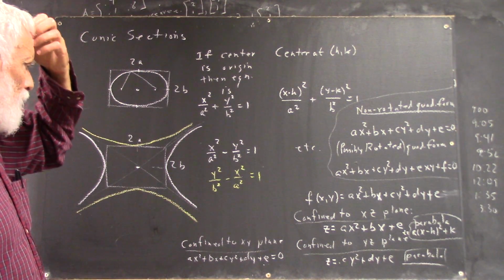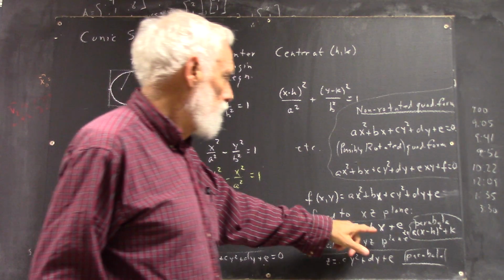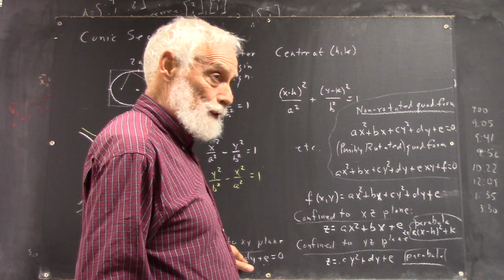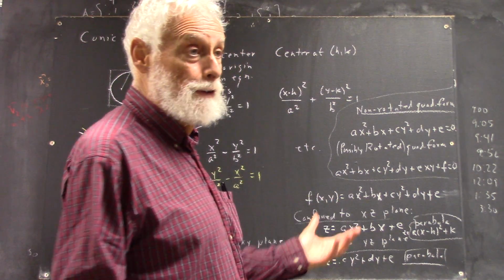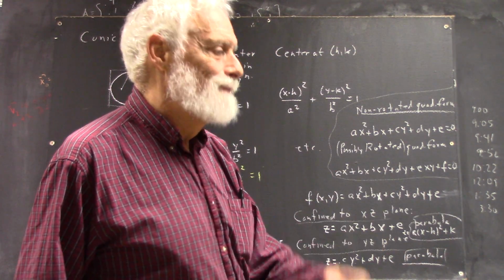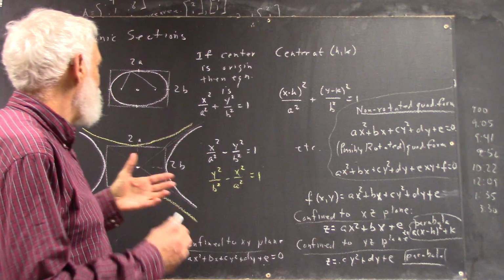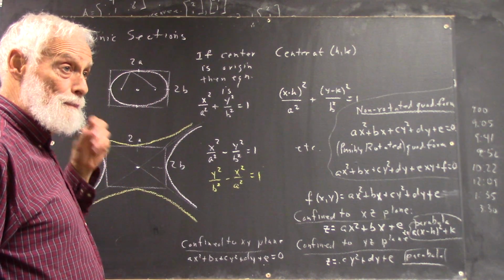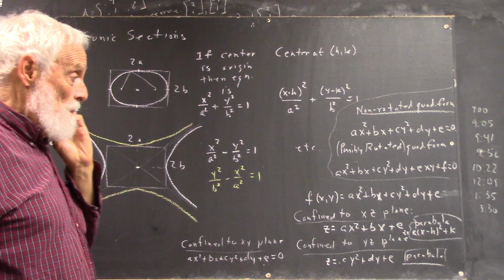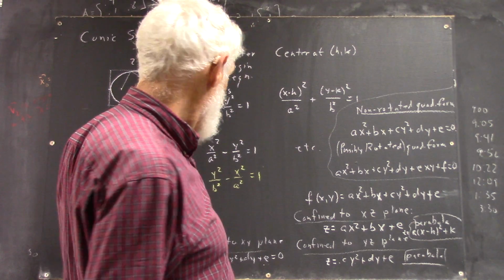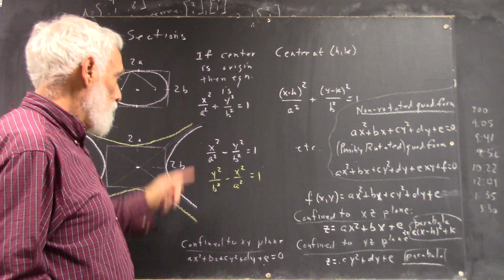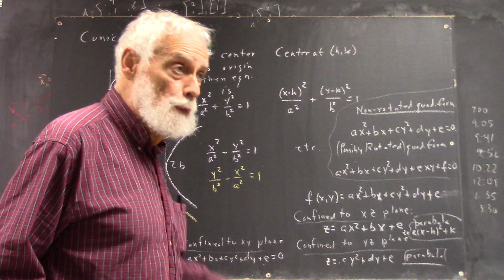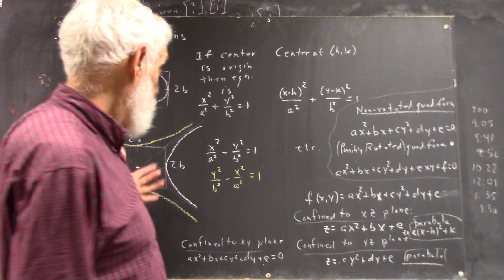So, of course, the simplest cases are where you don't have b and you don't have d. Then you don't have to complete any squares. It's already completed. And your ellipse or hyperbola or whatever it is is centered at the origin, right? I say this is an ellipse. It could also be a hyperbola, as I said. If the coefficients of x squared and y squared are of opposite signs, then you have a hyperbola,